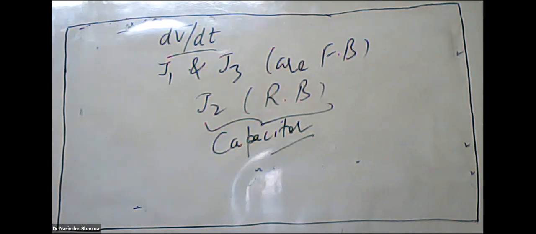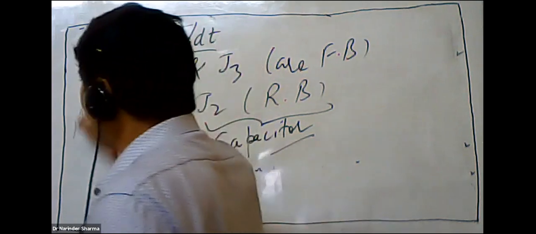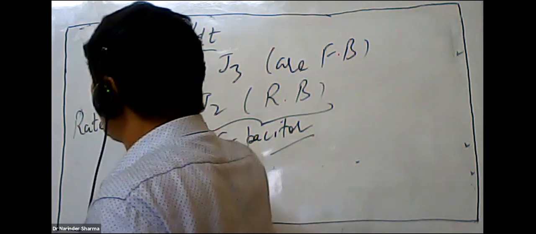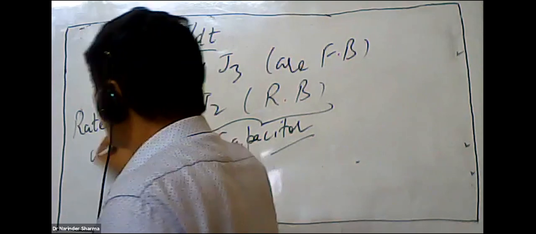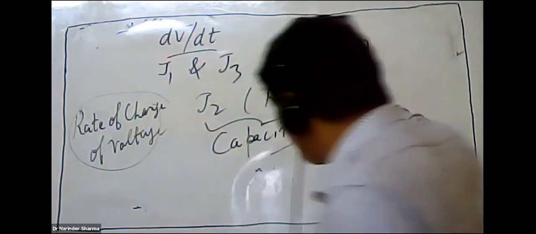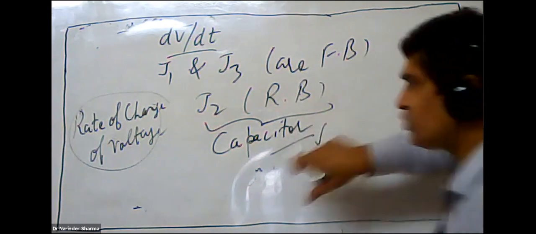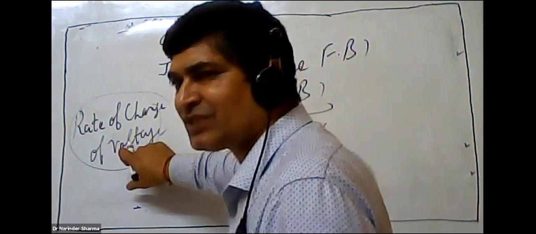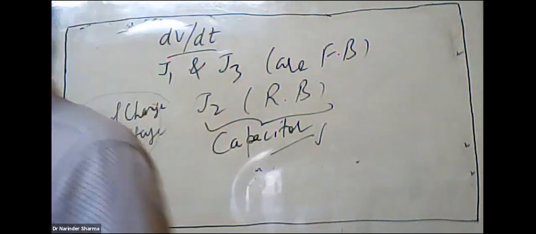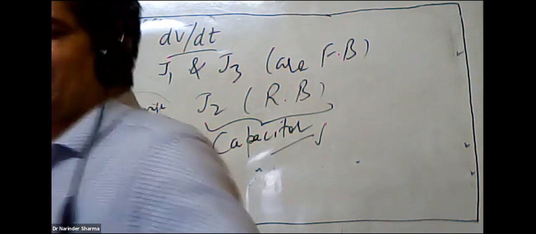When the rate of change of voltage across the device becomes large, the device may turn on. Why will it become large? Because a large capacitance has been produced over here. So the rate of change of voltage becomes large, and this will turn on the SCR by the dV by dt method. Next is gate triggering.